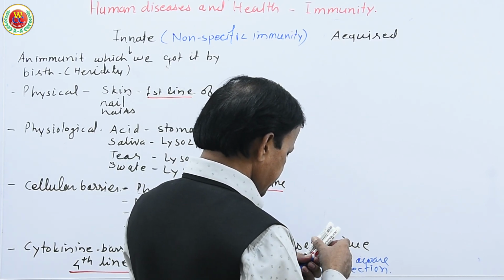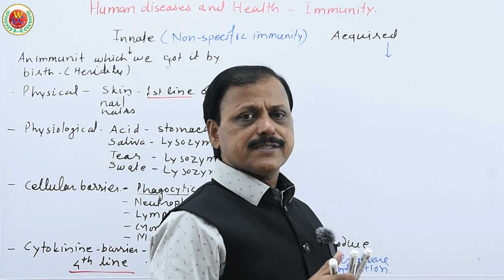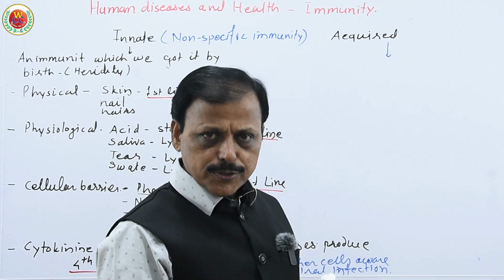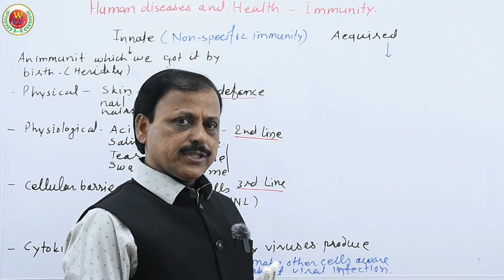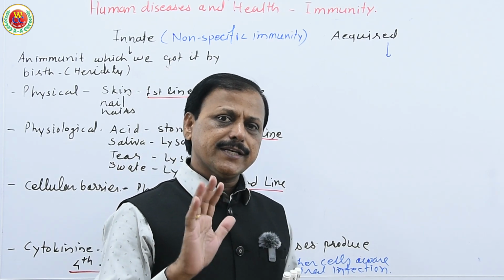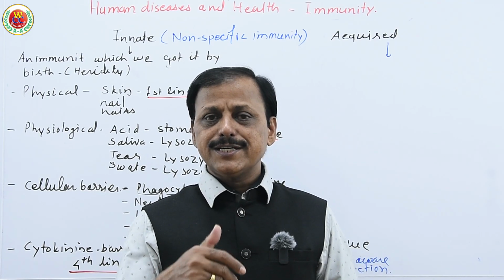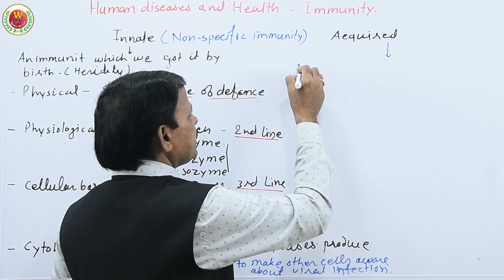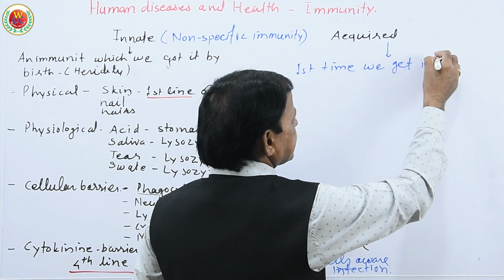To understand acquired immunity, you would know that sometimes we get a disease like measles. Once we got that disease, the second time we do not get the disease, because in response to that antigen produced by that pathogen, our body produces antibodies, and those antibodies remain as memory cells, so that the second time the same pathogen invades, the antibodies destroy it. Therefore, the first time the pathogen enters our body,